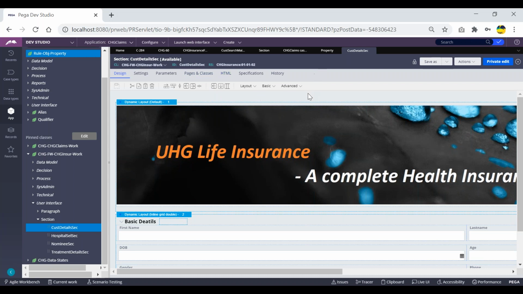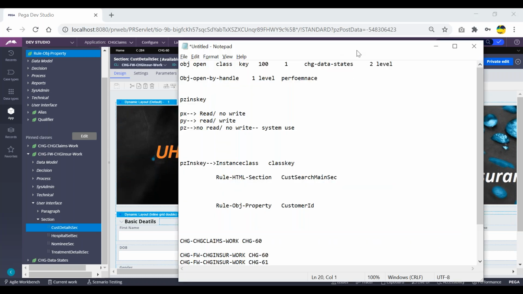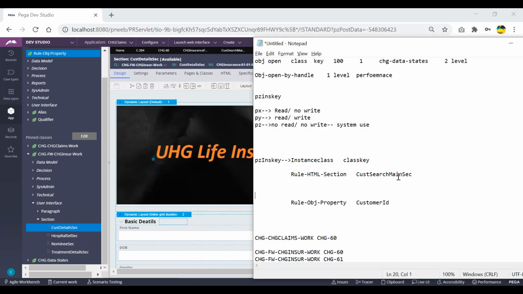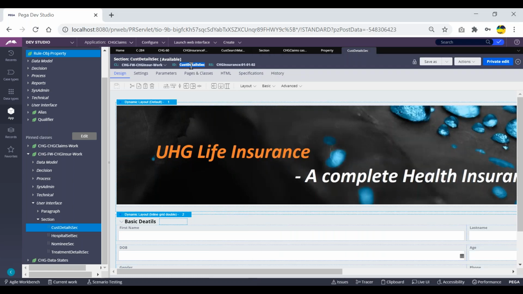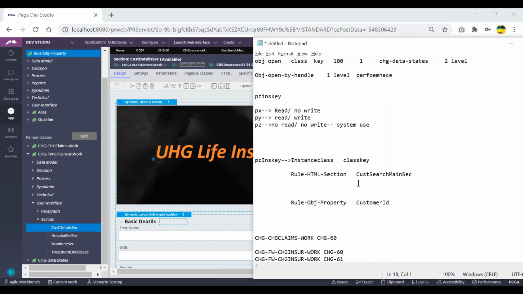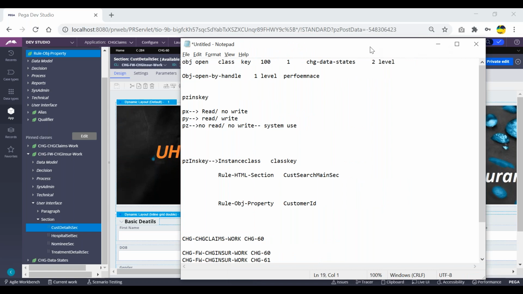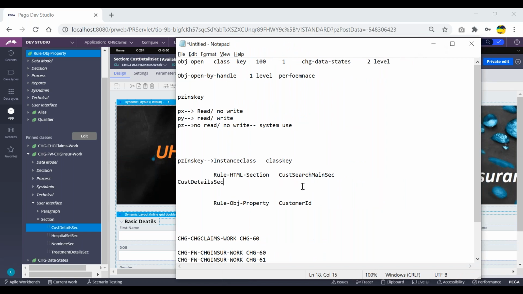Can you tell me the instance class of this? Rule HTML section, rule dash HTML dash section space customer details section. Okay. Customer detail section. Yes. So this is the thing you're talking about.